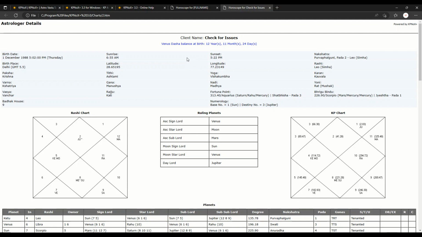Now, apart from that, there were also some queries about how do we print this or how do we save it as PDF. See, the output is given in the default browser that you have, whichever browser. It could be Chrome, it could be Edge, or Firefox, doesn't matter. Irrespective, you can use the print option,